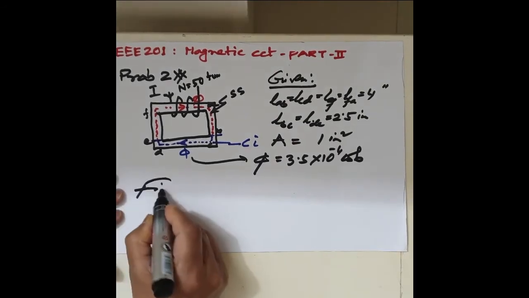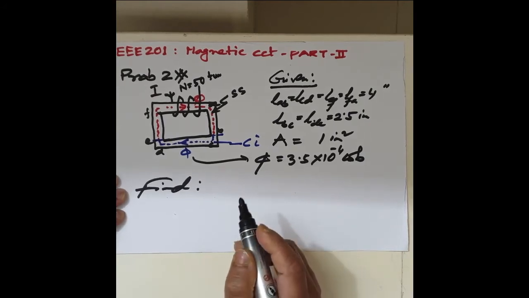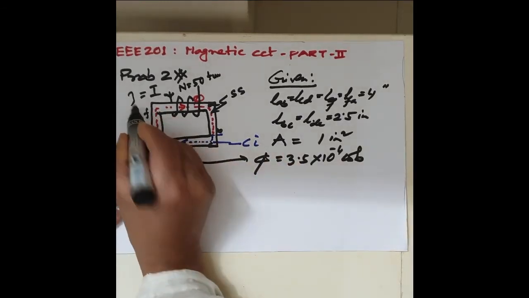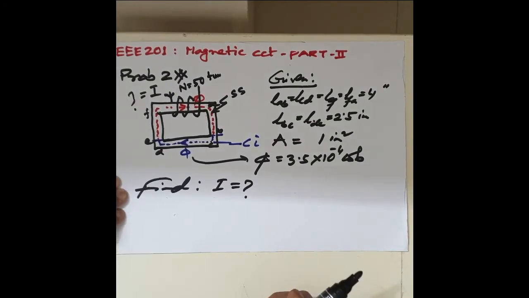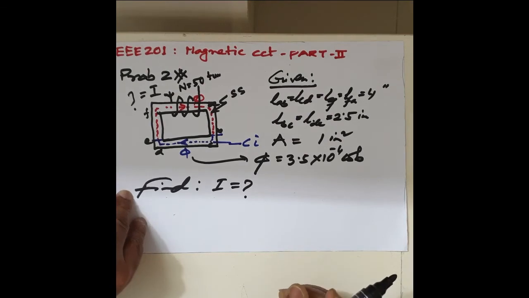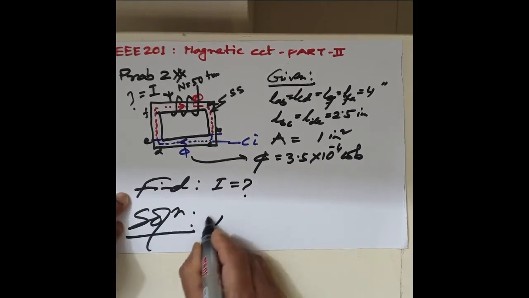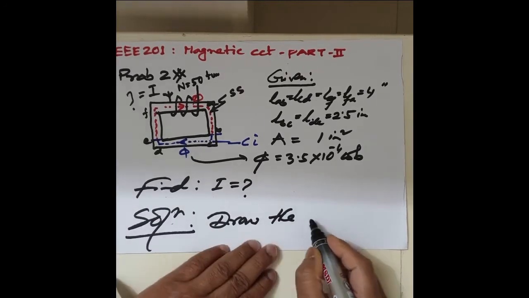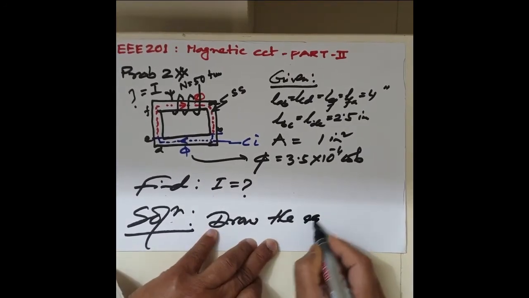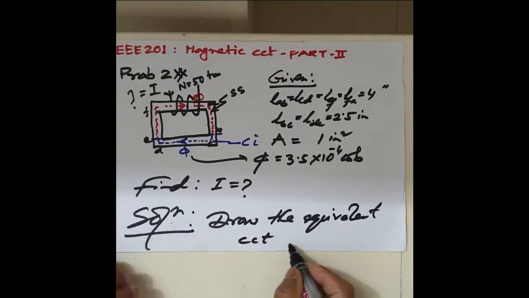Now all you have to find, if you read the question in the lecture note, is to determine the current I equal to what? So current I equal to what? That's what you have to determine. Now in order to solve the problem, first you have to draw the equivalent circuit. Equivalent circuit, and then